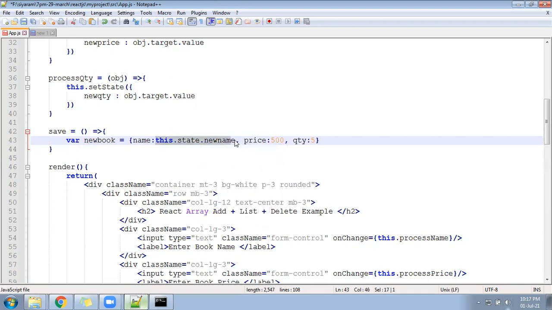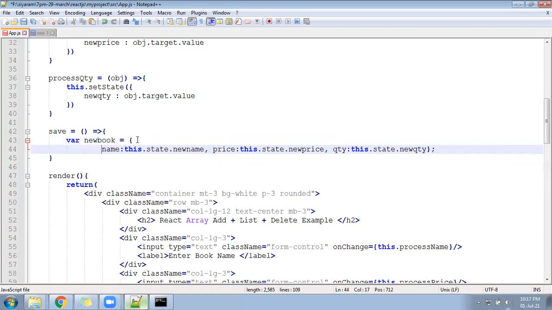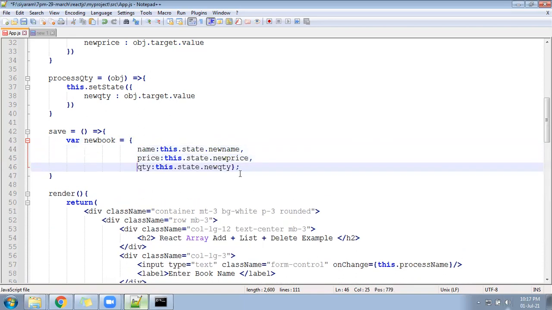Again, here it should not be only 500, it should be this dot state dot new price, the variable you created on the top. Here it should be new QTY. Right? So we are going on sequentially, taking the values. Let me arrange it properly so it looks meaningful.